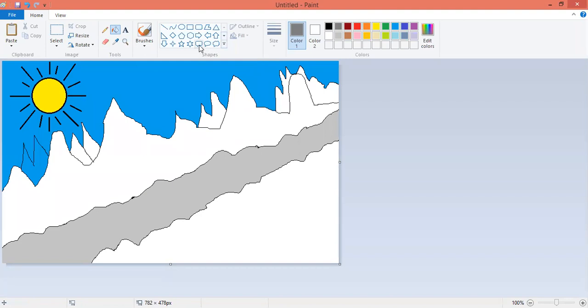But before that, I am going to select the pencil again. With the help of the pencil, see what I am drawing on the mountains. On the tip of the mountain, I am putting something, just drawing some lines. We will see what these lines will do.